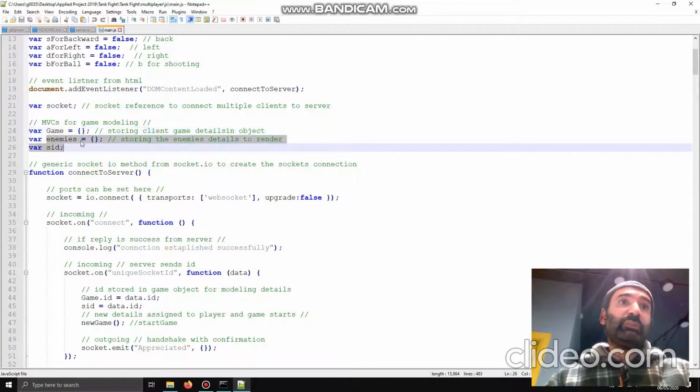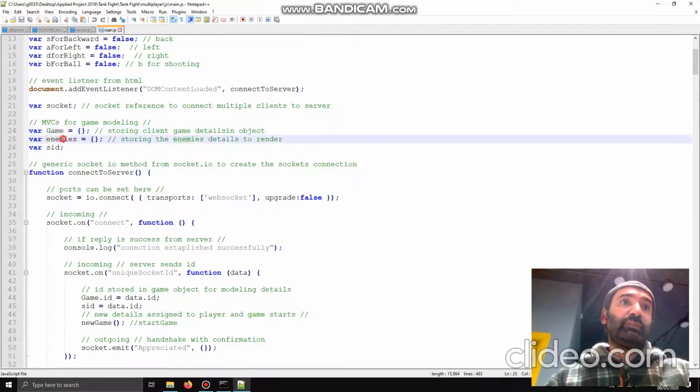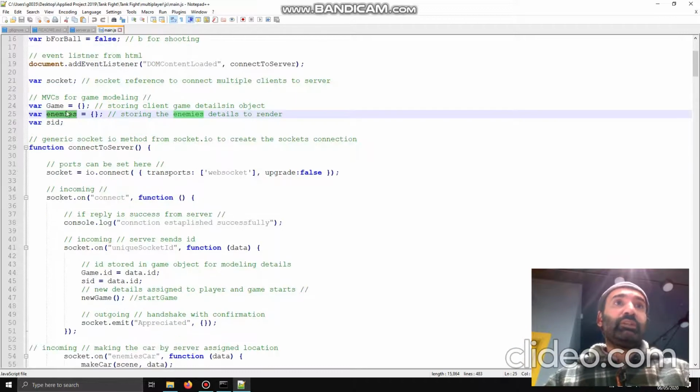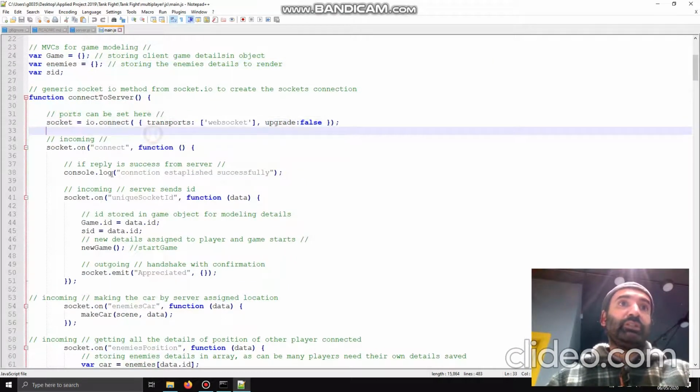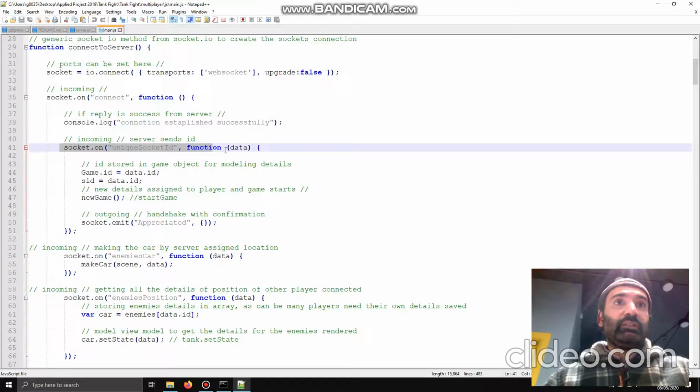This is to store the enemies, because this will be storing your own details. This will be storing the enemy's details and the object, and because this will communicate from server to client, client to server, this is all generic methods for the connection. This is sending the unique ID